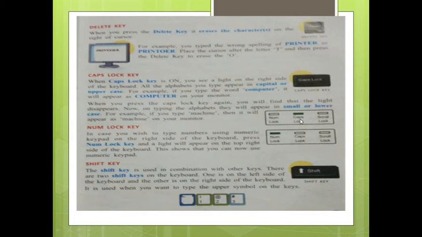It is used when you want to type the upper symbol on the key. Like if you want capital, during typing time, just press the shift key, then it will automatically come capital.